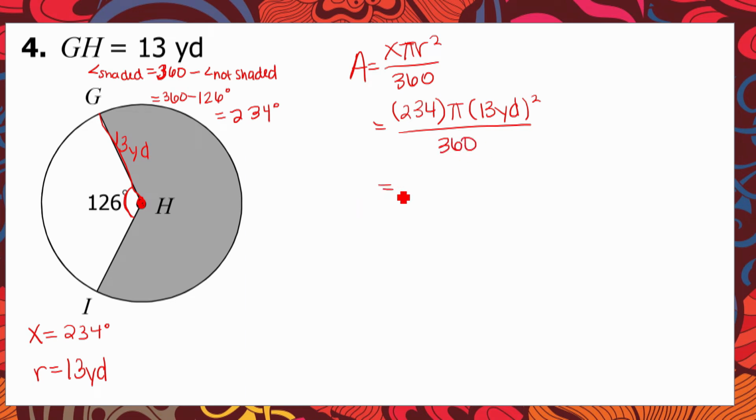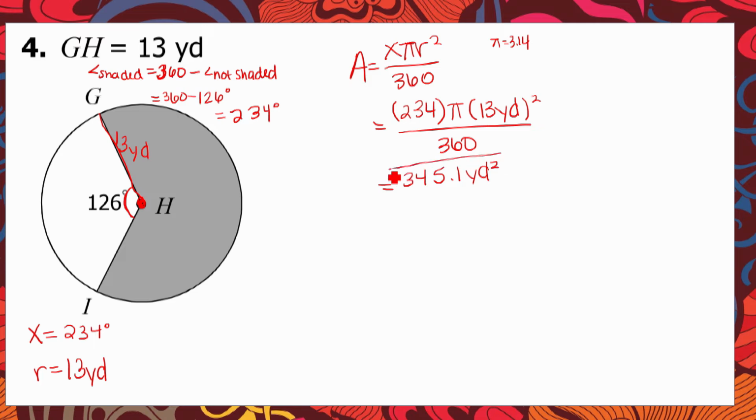So we're going to take that 234, multiply it by pi. Again, if you need it, pi is 3.14. Okay? Multiply it by 13 yards squared. So if you're doing it on a calculator where you can't put the parentheses, do 13 times 13. Okay? Just put 13 twice. Do not square the whole thing accidentally. And then divide by 360. And if you get that, you're going to get about 345.1 yards